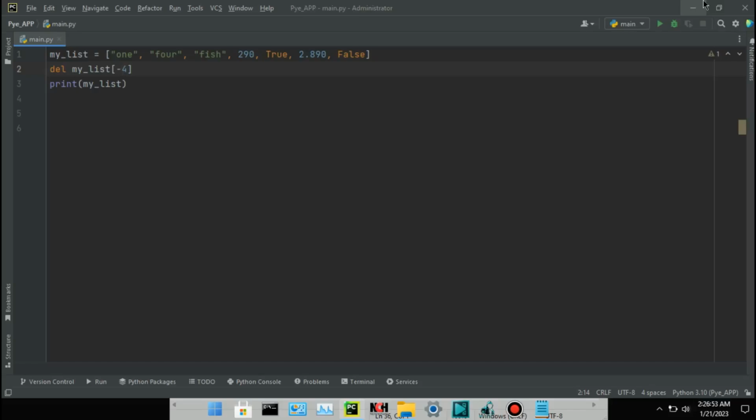You can use the list to delete or append or insert new items in that list. And so next we are going to be looking at how to get the length of a list. So if you want to get the length of a list, what you're going to do,